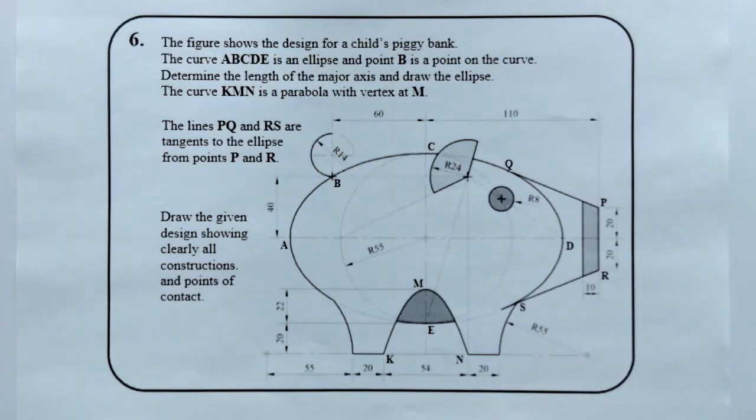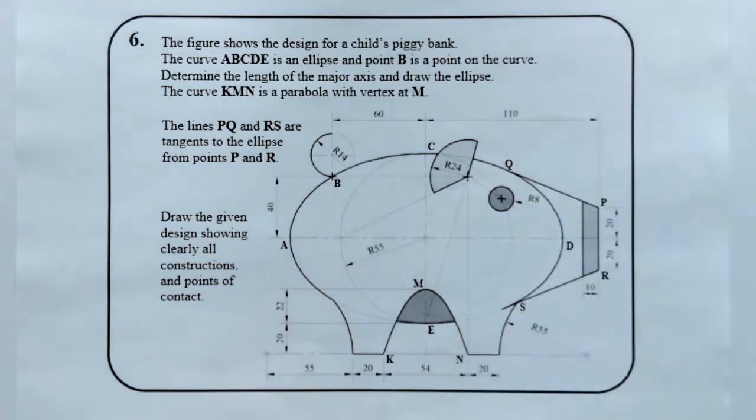So the question that we're faced with here today is from the Junior Cert Technical Graphics paper 2016, question 6 on the higher level paper. This has always been the ellipse and the parabola question. So as always, when you're given a new question and when you're doing one of these, what I would advise you to do,